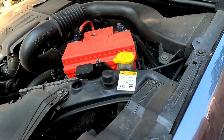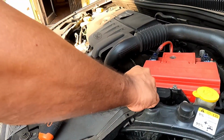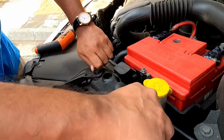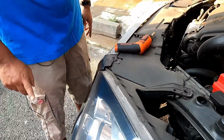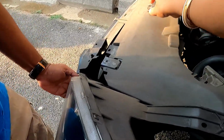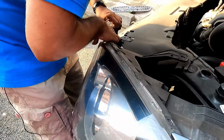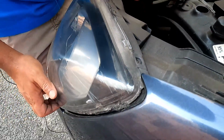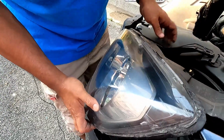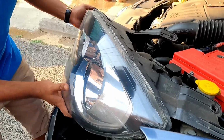So these are the headlight screws. To remove these screws, you don't need this electric screwdriver. Even a normal screwdriver will do the job. Now I need to open this. So I have removed the